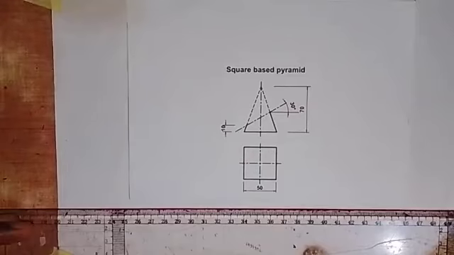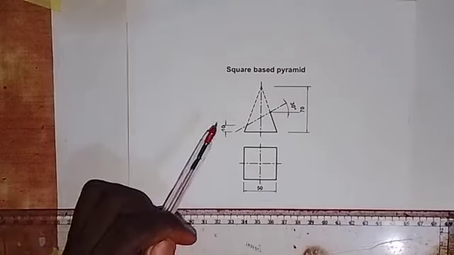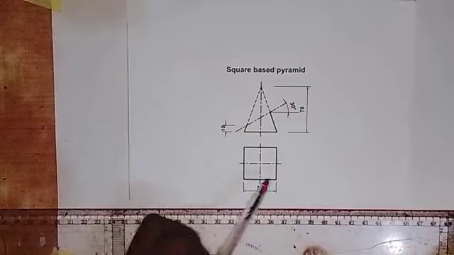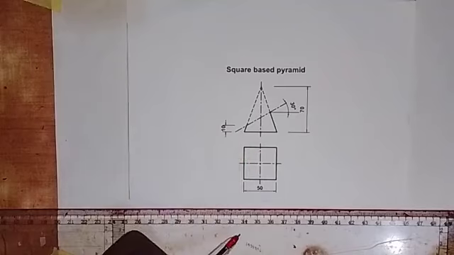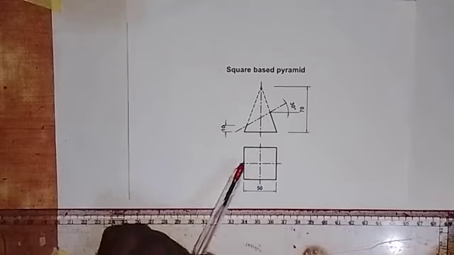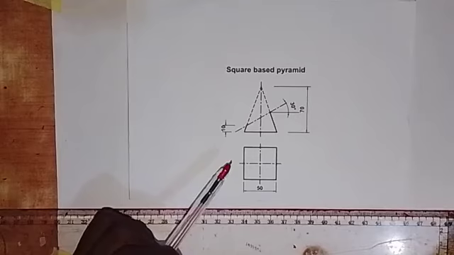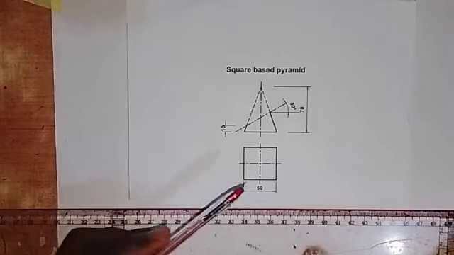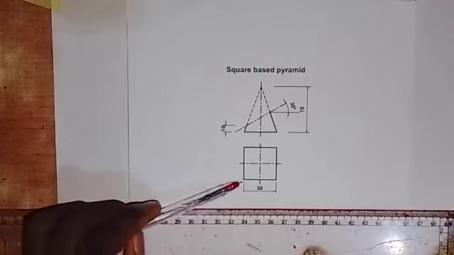Still working on the construction of the complete plan, the tree shape and the end elevation of a truncated solid, how to construct the complete plan, the tree shape and the end elevation of a truncated solid. Here now we have a square-based pyramid which is positioned as we see its base in this form. Now, this is the base of the truncated square-based pyramid, and we have the length or side of the square